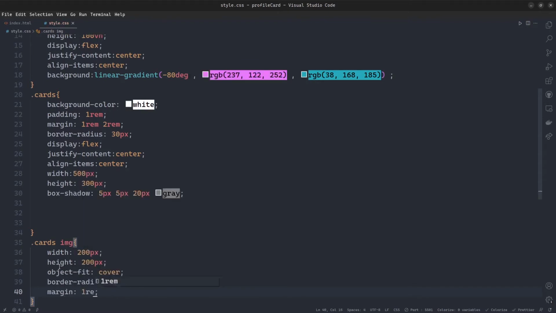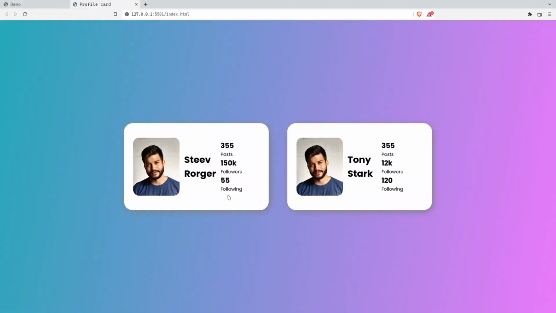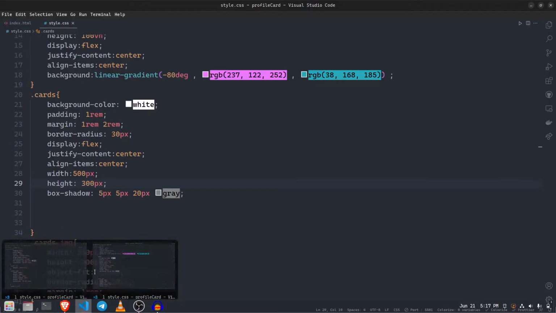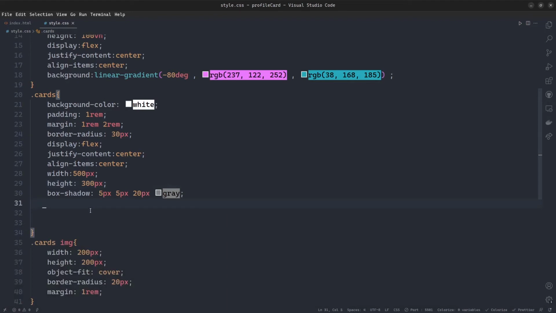Okay, if I show you the actual output, you can see that everything goes in a row because I'm using flexbox in the cards container. So I'm changing the direction of this cards. So the change of direction is flex direction